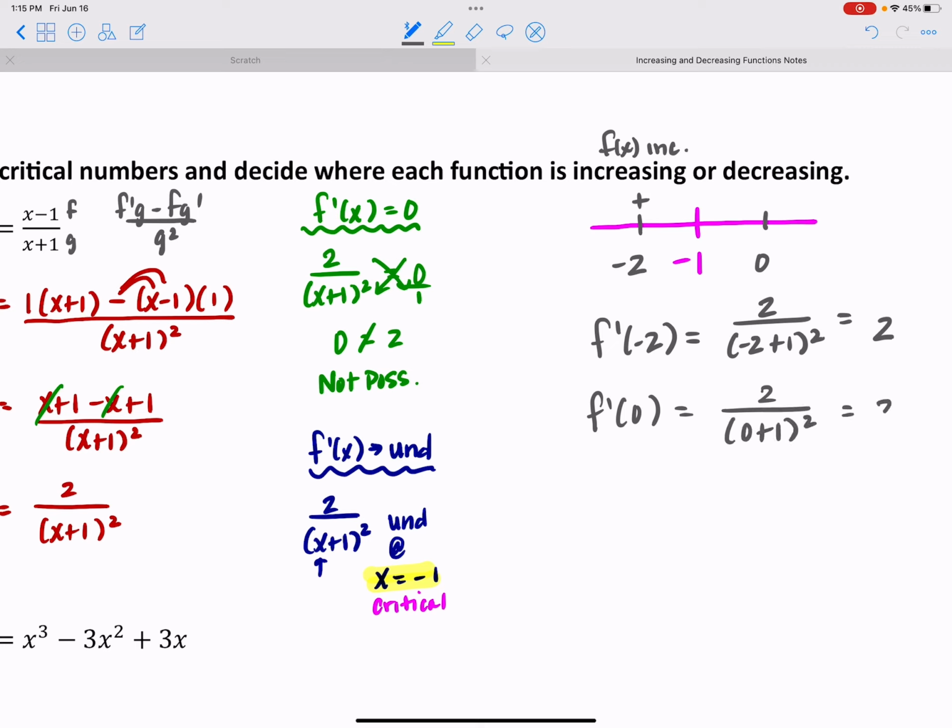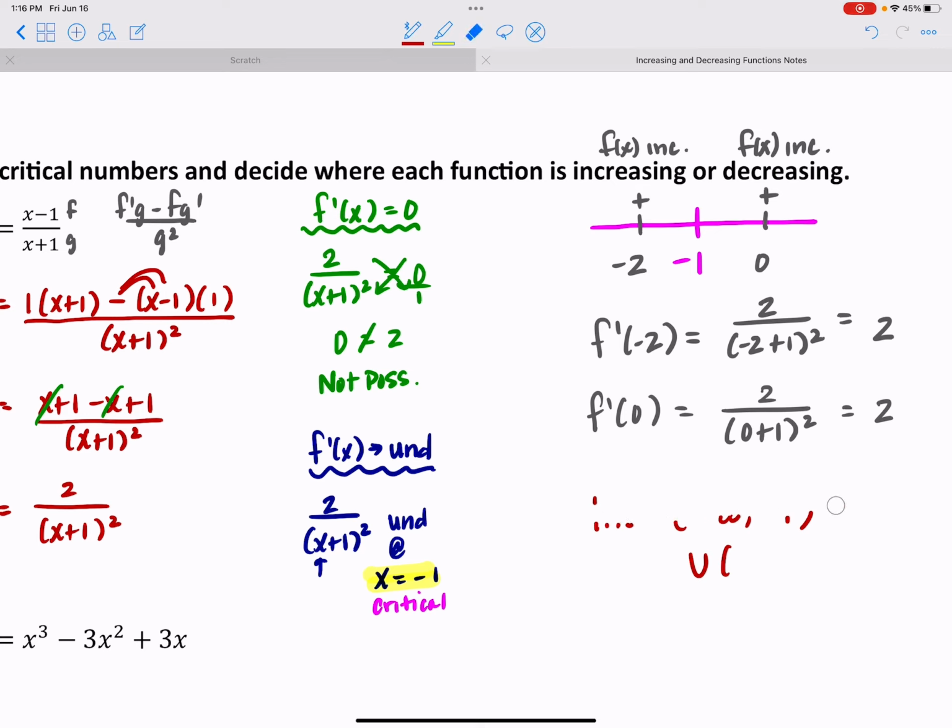That's 2 over 1, which again is a positive result. So after that critical number, again, I have positive slopes. Positive slopes mean my function is increasing. So almost all of my graph is increasing, but we can't say from negative infinity to infinity because we have a discontinuity happening here. So if I was going to answer this one, I would say that this function is increasing from negative infinity up to my critical number, and then after my critical number from,